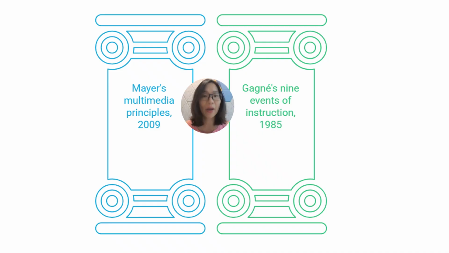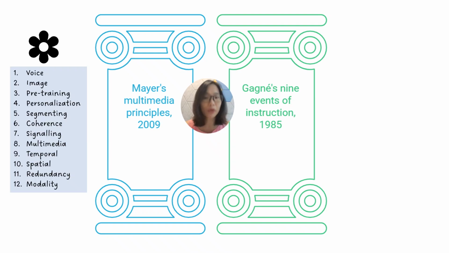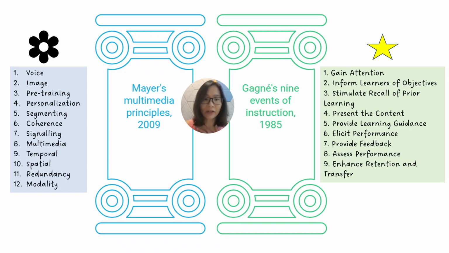Hence, I will outline two important principles used to create an engaging microlearning activity. The first is Mayer's multimedia principles, which comprise 12 components. I will demonstrate the application of these principles using the flower symbol throughout the storyboard. Meanwhile, my favorite principle for lesson organization is Gagne's 9 events of instruction, which I will highlight using a